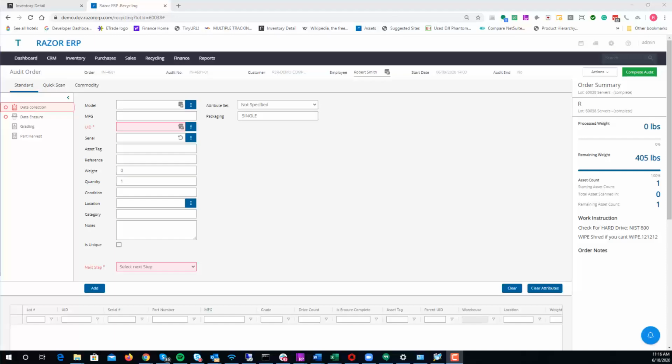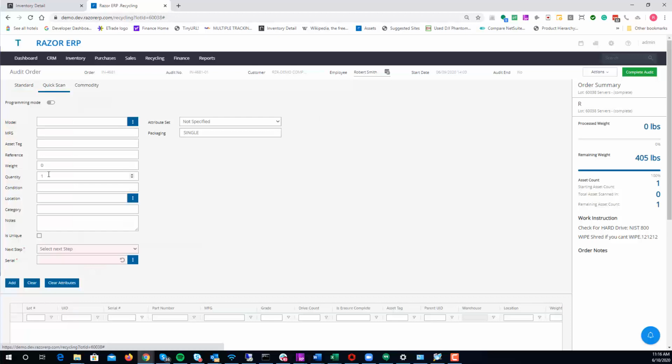Hi guys, in this video we're going to show you how to use the Quickscan function during an audit. Quickscan functions are very useful when, let's say, you have 1,000 hard drives, very consistent material that you're bringing in. The models are already in the system, so all you have to do is scan the model, scan the serial number. Typically you would type out the model and scan a serial number, but in this case you